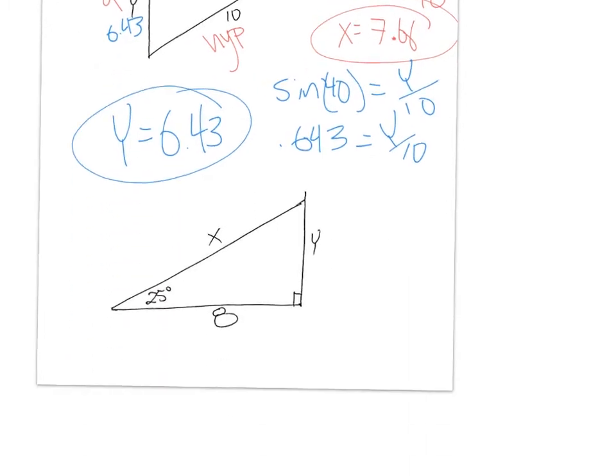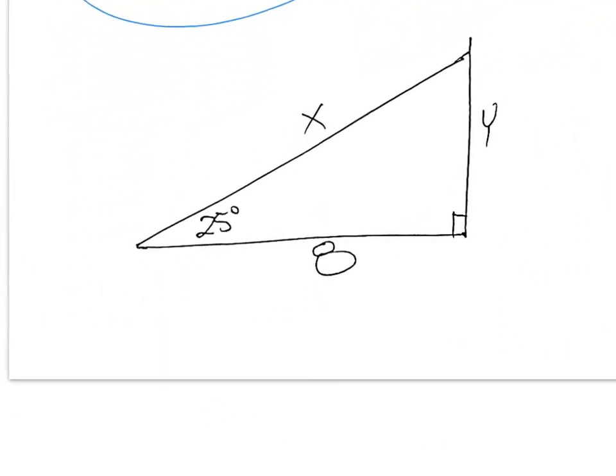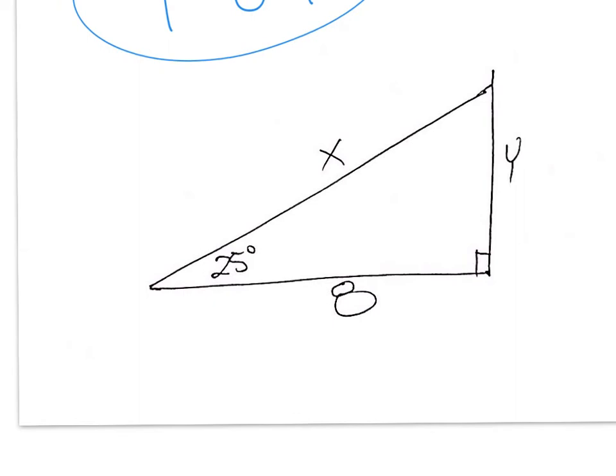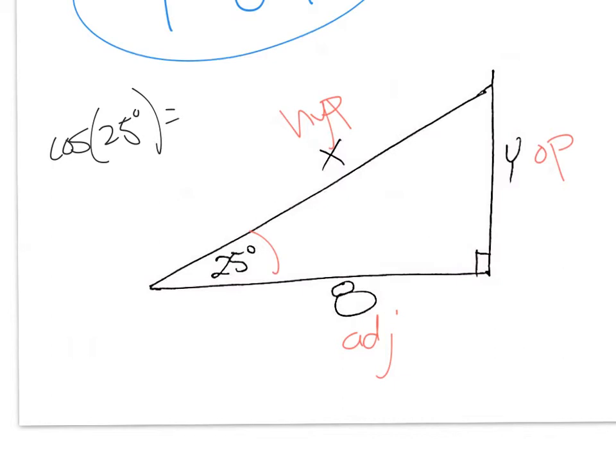Example 2 ends up being a little different because our variables end up in the denominator. So, if we are solving for x, all right, here's our angle. So we have our adjacent side, the one next to it. This is the hypotenuse, and this is the opposite side. So we could say that the cosine of 25 degrees is adjacent over hypotenuse, and the calculator says cosine of 25 degrees is